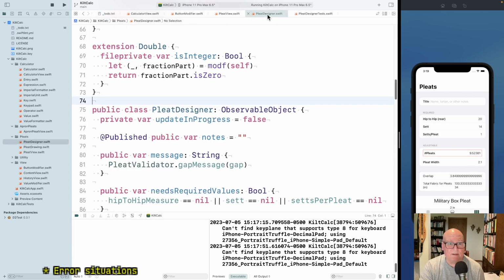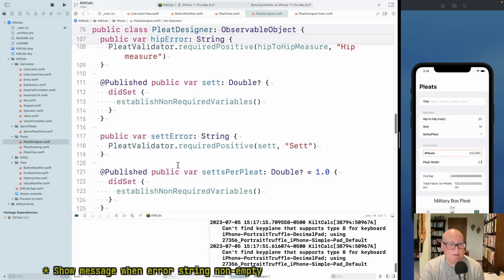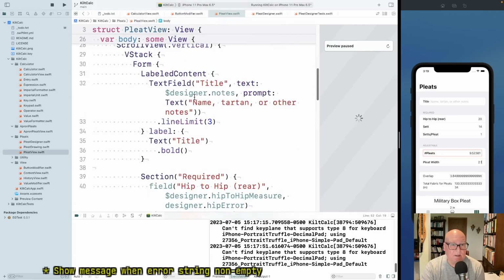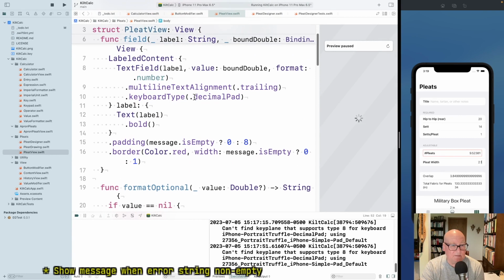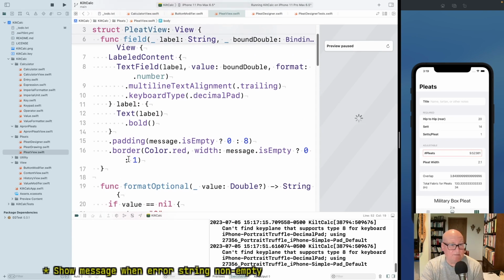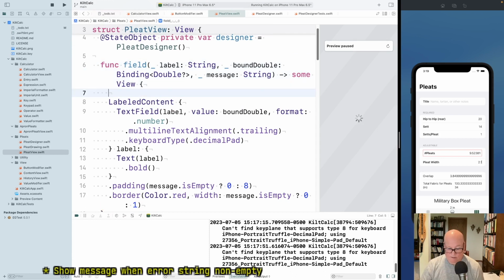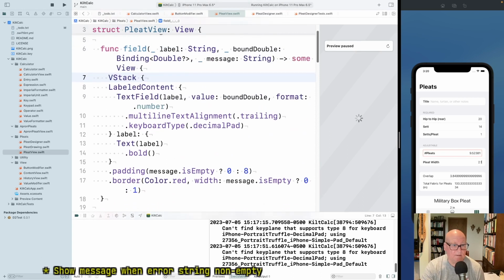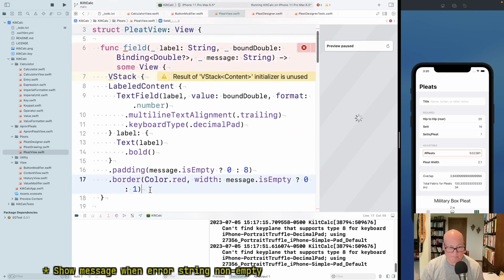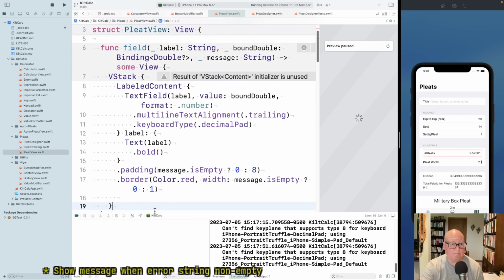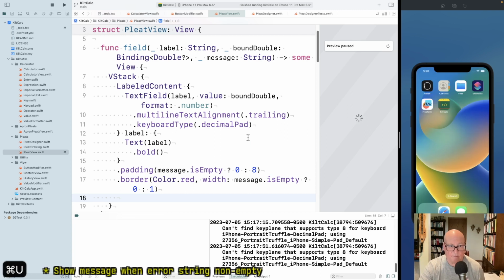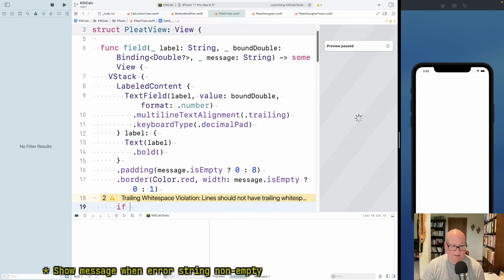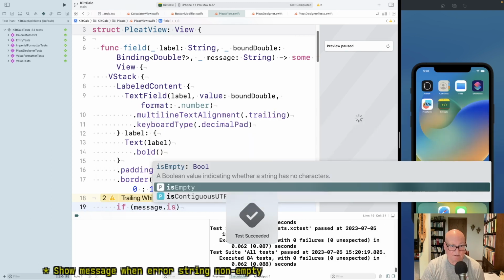And I'm going to just try that real quickly here, I guess. Where's Pleat view? That's in field. Fields have this. All right, let's make this a VStack. Okay, make sure. That shouldn't be a problem. Okay. And then this, I think, even though there's a little performance hit for this,